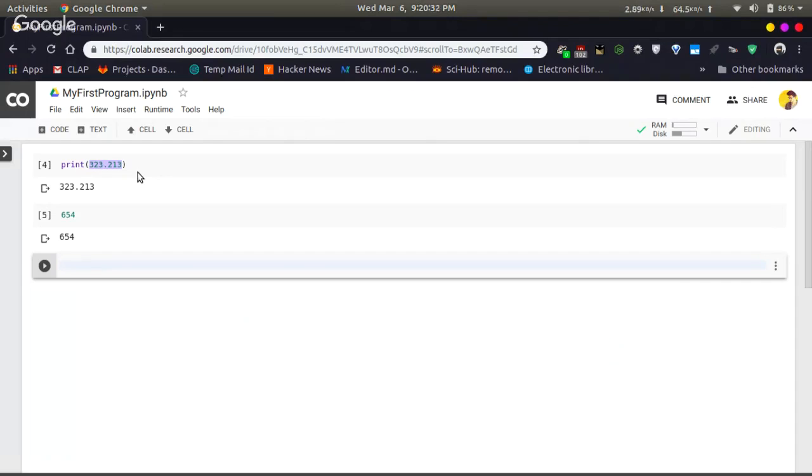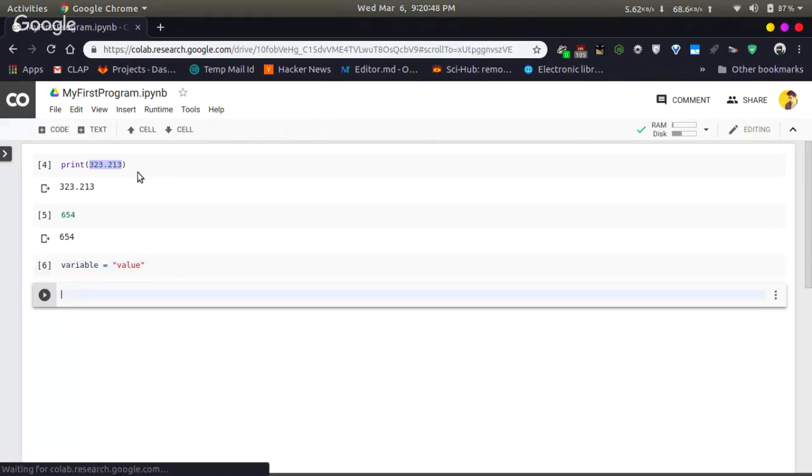You can assign a value to a variable like this. Here we assign a value to this variable.